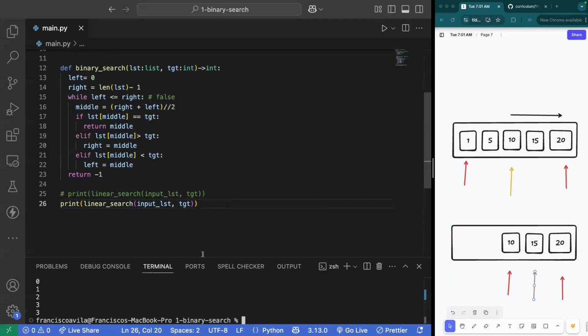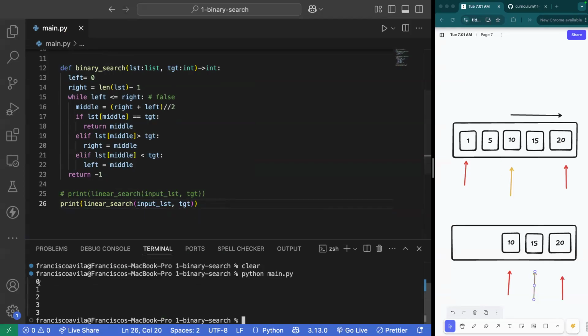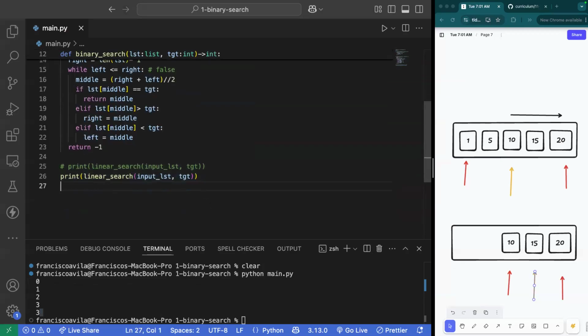All right, so there we can see that it's iterating through it. We get 0, 1, 2, 3, and then 3 to be able to get our second to last element. Now, if we go into our binary search and we try to apply this logic,